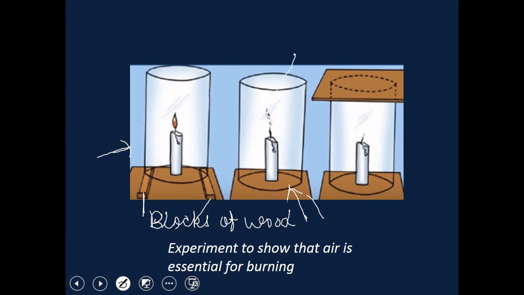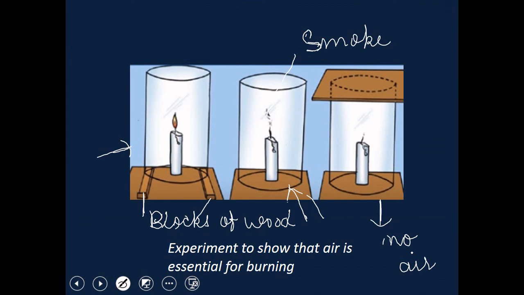You can see here, smoke is produced. The flame flickers and smoke is produced. What will happen in case C? Children, you can see that in case C, the flame finally goes off because air is not at all available. So in the third case, no air is available, and the flame goes off. So I hope this experiment is clear to you, children.